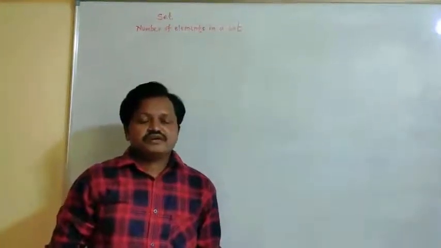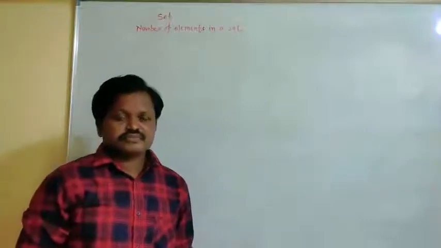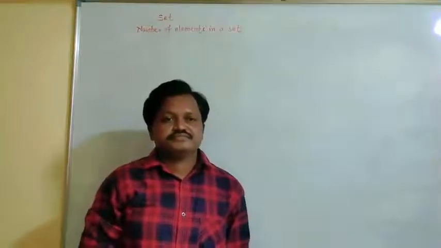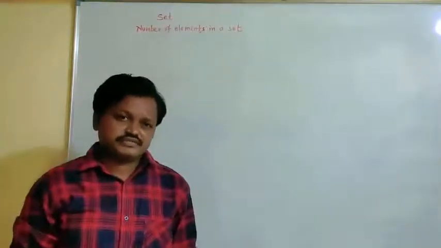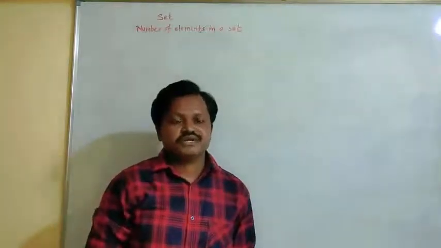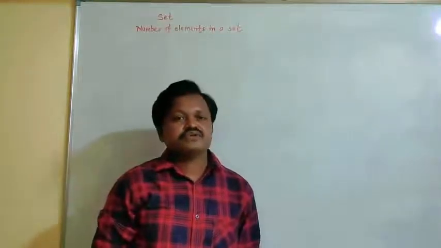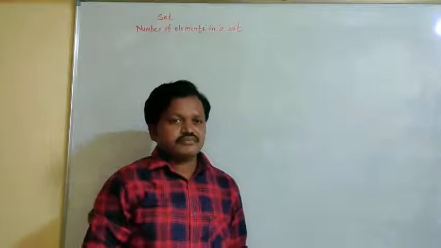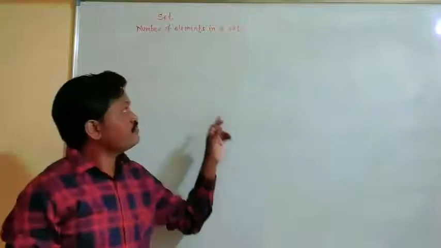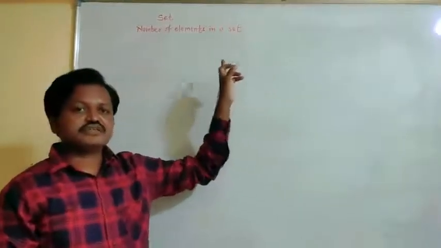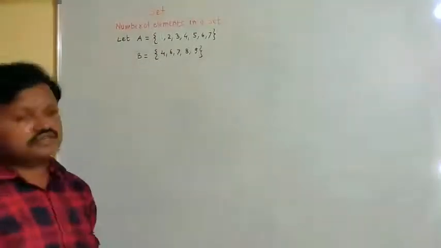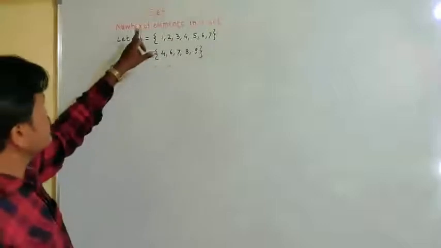सेट या प्रकरणाच्या या आधीच्या व्हिडिओमध्ये आपण ऑपरेशन ऑन सेट्स हा भाग पाहिलेला आहे. ऑपरेशन ऑन सेट्स. So there are intersection of sets and union of sets, हे दोन पॉईंट आपण पाहिले. त्याच्यानंतरचा पुढचा जो भाग आहे तो आपण या व्हिडिओमध्ये पाहतोय. आपला भाग आहे नंबर ऑफ एलिमेंट्स इन अ सेट. So we share the number of elements in a set. संचातील घटकांची संख्या आज आपण पाहतोय. नंबर ऑफ एलिमेंट्स इन अ सेट, संचातील घटकांची संख्या.